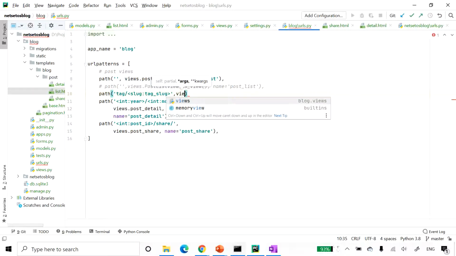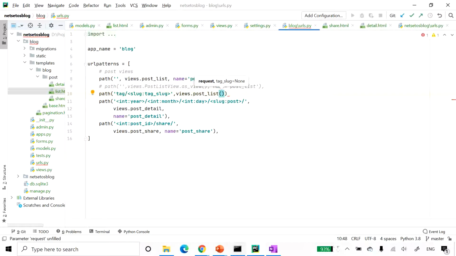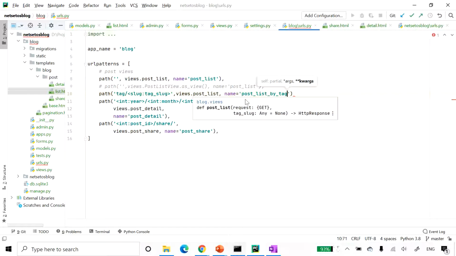Here I'll give views.post underscore list, which will have name post underscore list underscore by underscore tag. As we have seen, both patterns point to the same view. Here it is giving error, so don't forget to put comma over here.